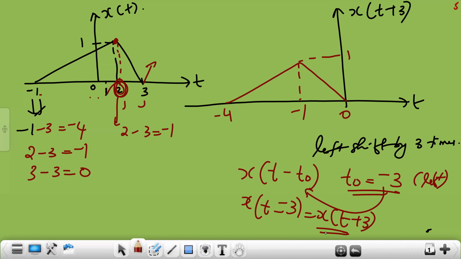Sir, going on to one question, can there be a shift of the x and y axis? No, only the x-axis we are shifting. There is no provision to shift the y-axis. Y-axis you can change, that is nothing but amplitude scaling, whatever we discussed yesterday. While performing amplitude scaling only, we are changing the y-axis values. While doing time scaling and time shifting, we are only changing x-axis values.